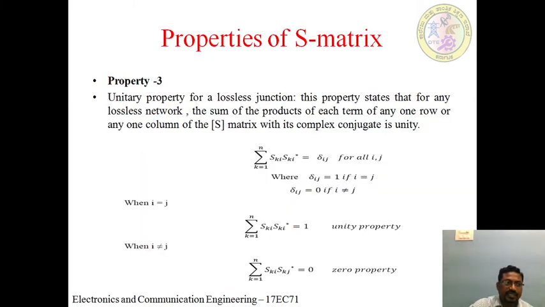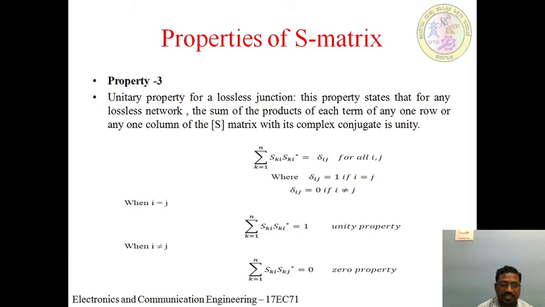Then property 3, that is unitary property for a lossless junction. This property states that for any lossless network, the sum of the products of each term of any one row or any one column of the S matrix with its complex conjugate is unity. Then summation k equal to 1 to n, Ski